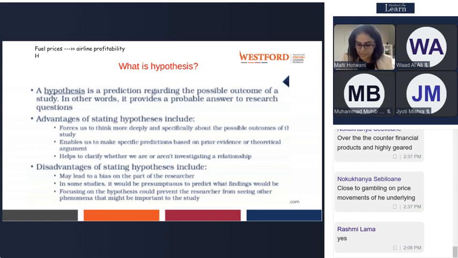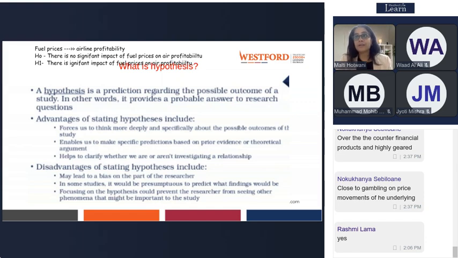The null hypothesis tells us there is no significant impact of fuel prices on airline profitability, right? And what does the alternate hypothesis tell us? It tells us there is a significant impact of fuel prices on airline profitability. This is how you write down your null hypothesis and alternate hypothesis.